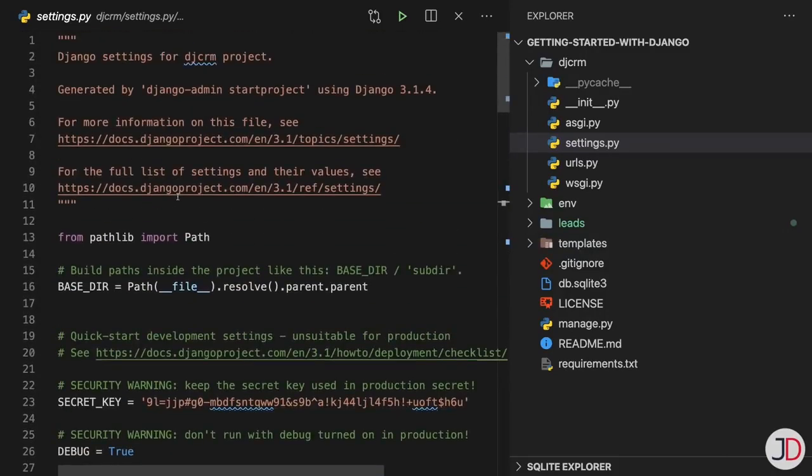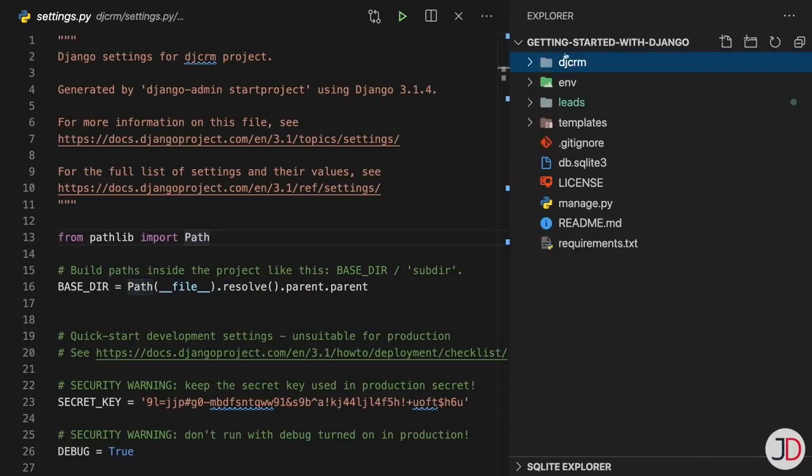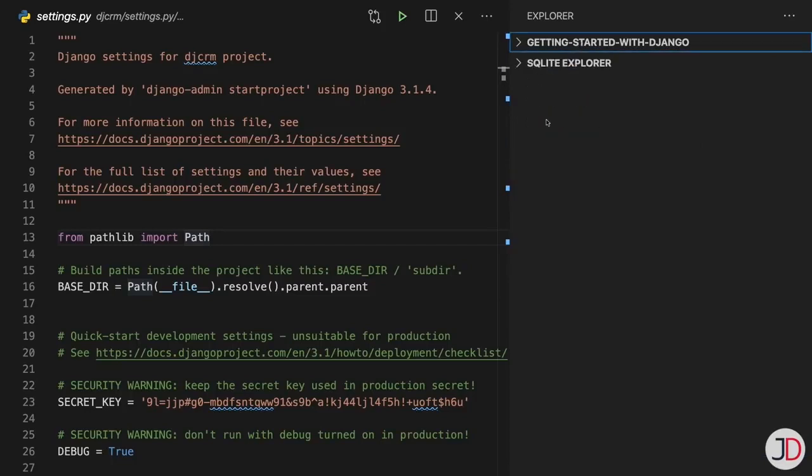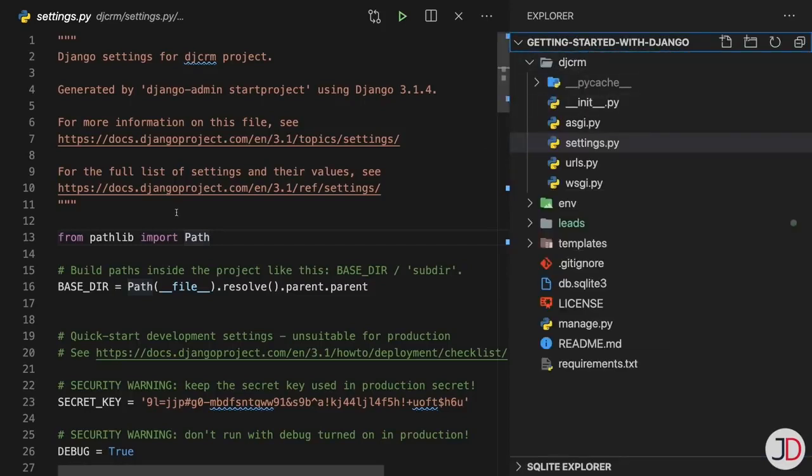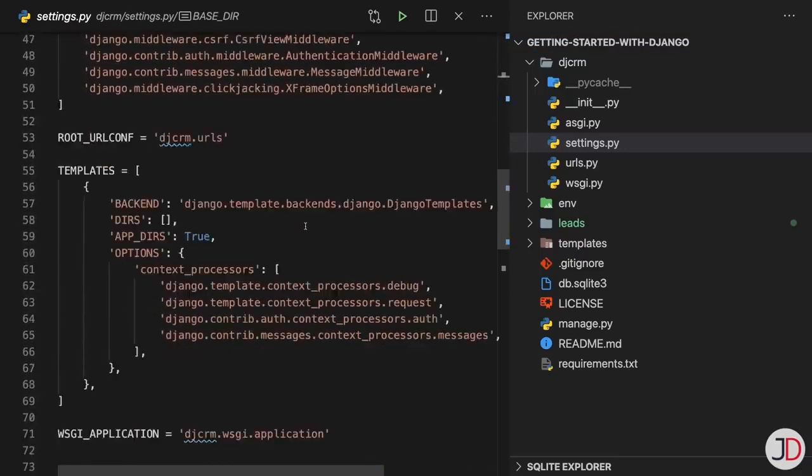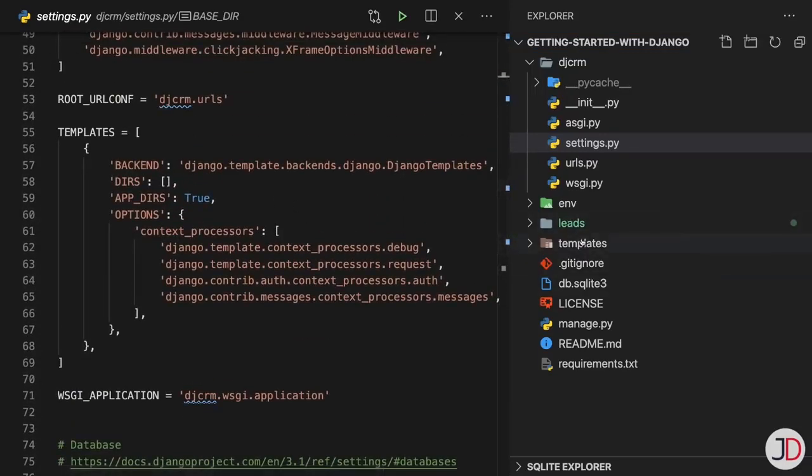And so if we take a look here all the way at the top, we have this from pathlib import Path, and we have the base directory being set as essentially, in my case, the getting started with Django folder, which is the root of the project. It holds everything inside of it. So that is the base directory. And all we need to do is just add the /templates to that path, and that will be the